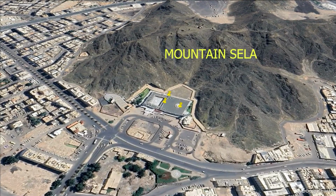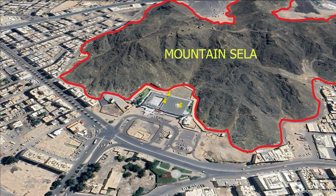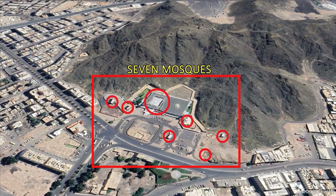As you can see, the focal point of this image is the majestic Mountain Sela. Mountain Sela provided a formidable natural defense line for the Muslims. You can also see the location of group of mosques which are titled as 7 mosques. The 7 mosques are constructed close to each other on the site where the Battle of Trench is believed to have been fought. Muslims defending Medina were stationed in these mosques and each mosque was named after the person who